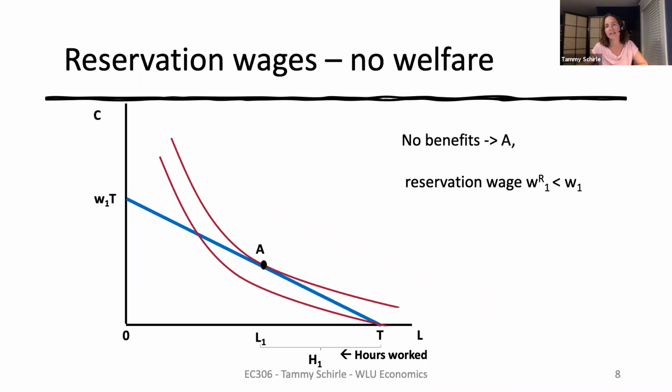With that said, let's return to our standard diagram here and think through a few key points. First, in our world without any welfare, we thought about a person's reservation wage as the slope of their indifference curve, or the marginal rate of substitution, at that point where their leisure time was equal to their time endowment. That was represented as this orange dashed line here, and told us that wage that would make the person just indifferent between not working and working at all.